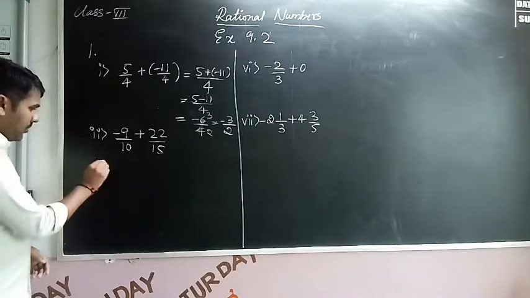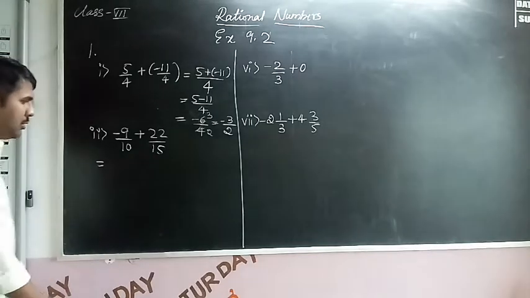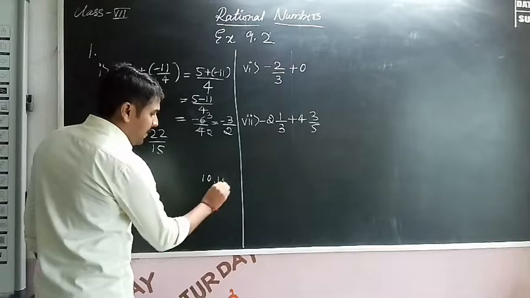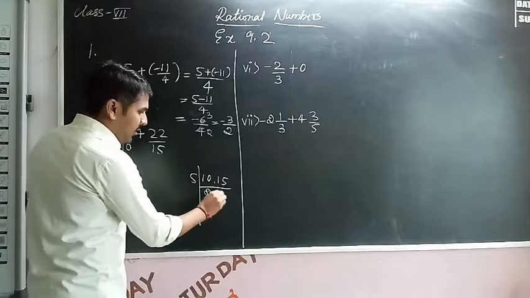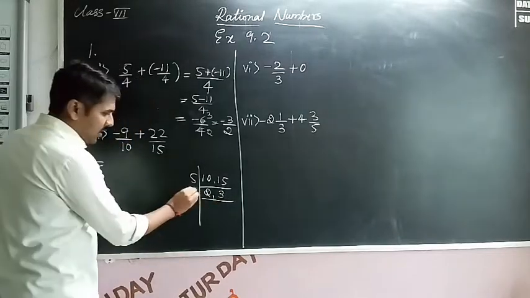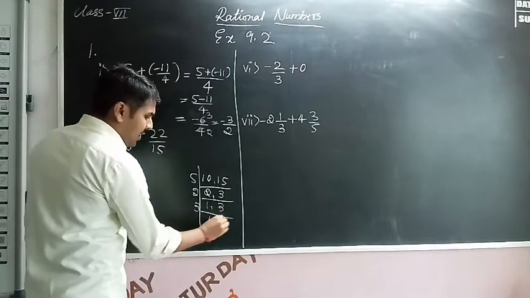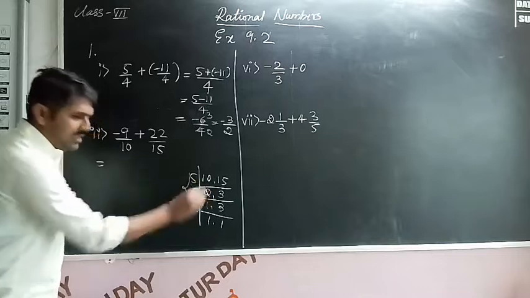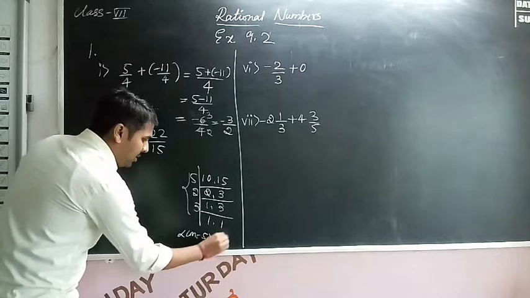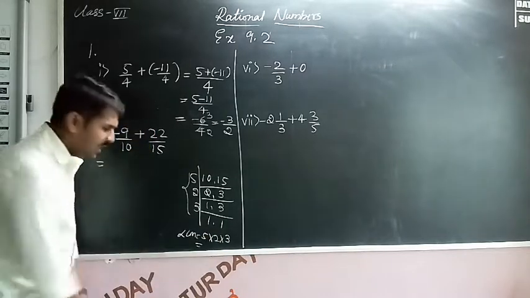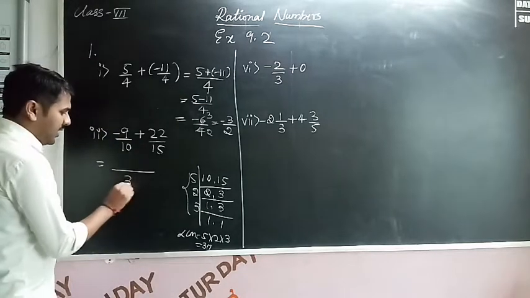So second one. Here 10 is there, here 15 is there. So take the LCM of 10 and 15. So what will we get as the answer? 10 and 15, take the LCM. Common factor is 5. 5 2s are, 5 3s are. Next, there is no common factor, so take the remaining numbers. 2 1s are, 3 as it is. Next 3 1s are. So LCM is the multiplication of these three factors. So LCM is 5 into 2 into 3. 5 2s are 10. 10 3s are 30. So LCM is 30. So here take it directly, 30.